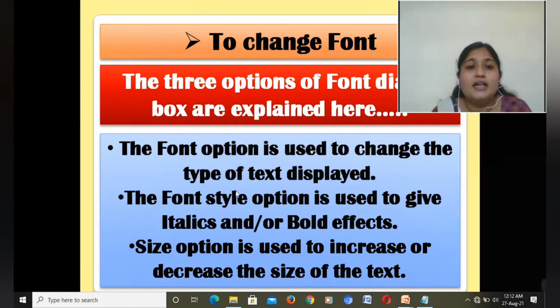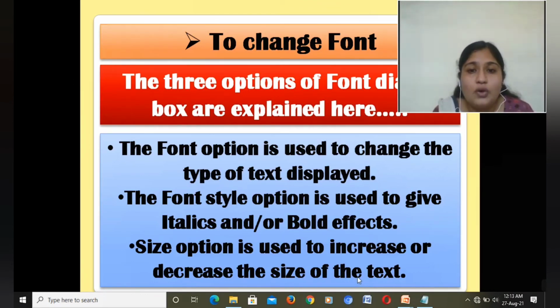Near the font option, the font style option is there in which you can give the effects of italics or bold. Then the third point is the size option is used to increase or decrease the size of the text. If you want to increase or decrease the size, you can do it with the size option.